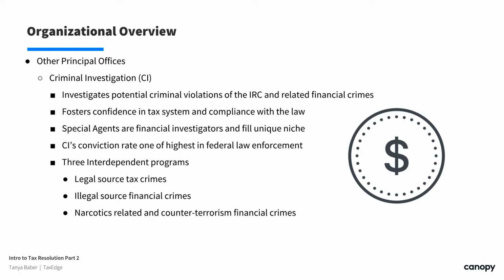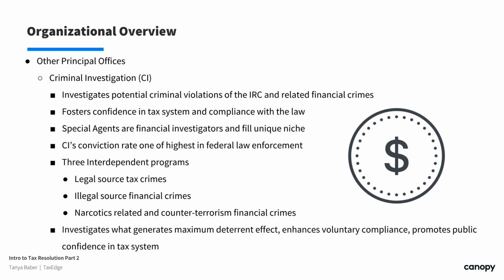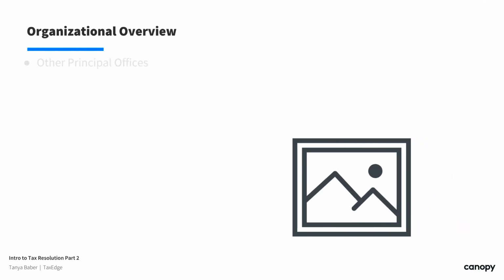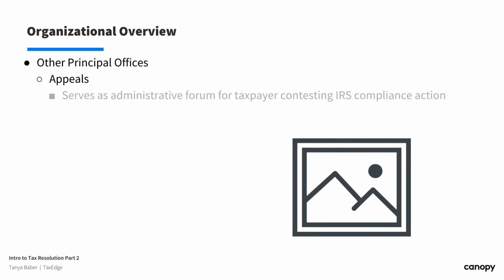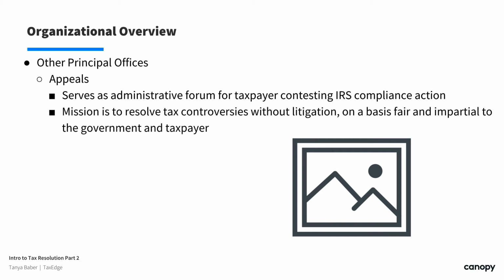You also have another arena that is the arena of appeals. Their job is they're supposed to be a separate agency. They're to be a place that's called an administrative forum. So what does that mean? It is an administrative means of, okay, I am the taxpayer, I don't agree with this action, I don't agree with this tax, whatever that may be. It allows a taxpayer a voice, or somebody that's supposed to hear them, and they're supposed to be impartial,